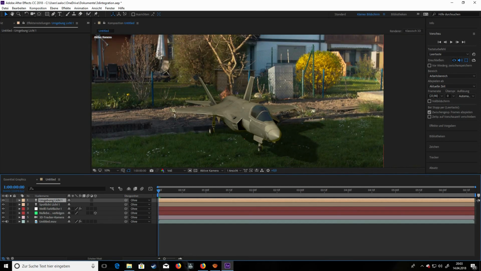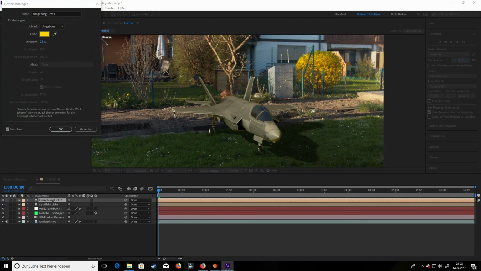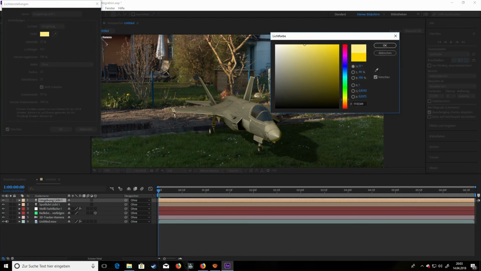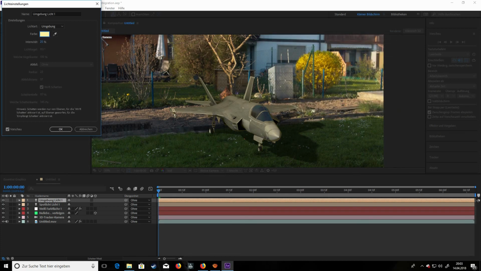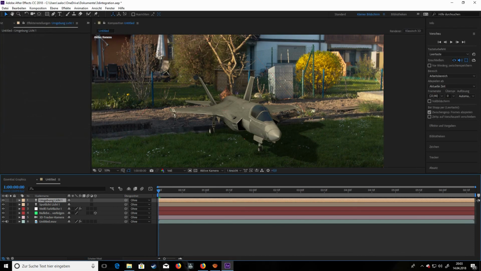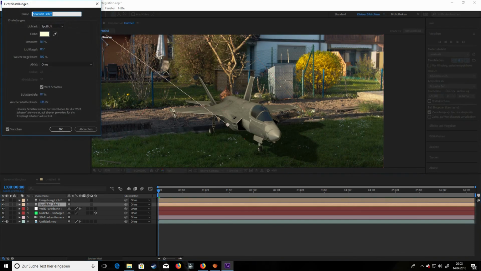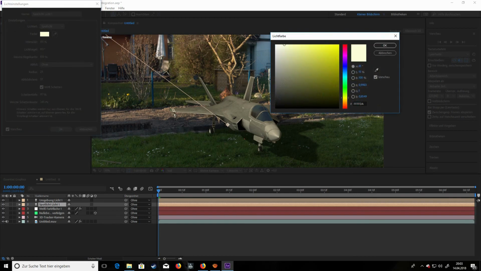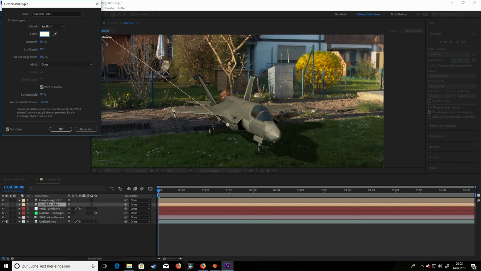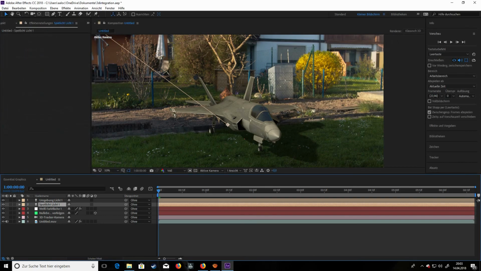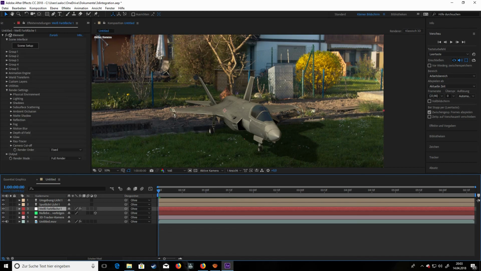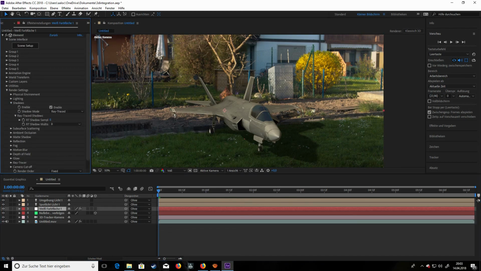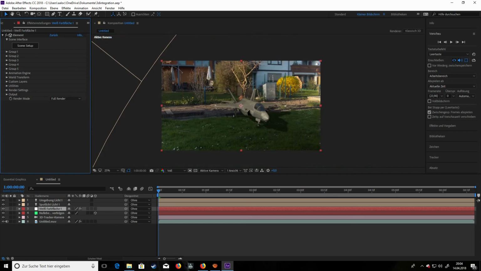Okay, that's too much. I think like this, and then the intensity of 17 should do the job, and then this light a little bit wider. So now we have our shadows on the highest thing. I think it looks